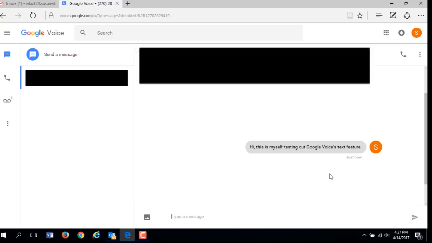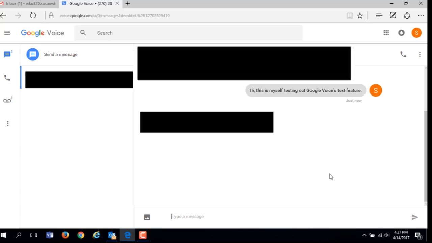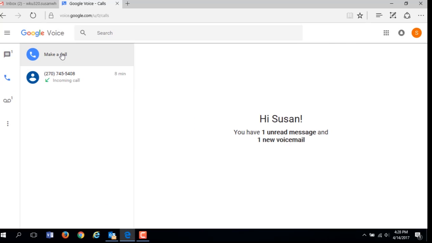Okay, got it. And I can send that back. So it's sent here. You'll see it show up there. And so, as you can see, through Google Voice, not only can you get voice calls forwarded to multiple numbers, you can also send and receive text messages. What about a phone call? Well, let's make a phone call. Let's call